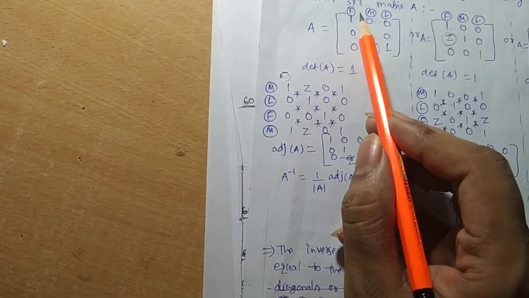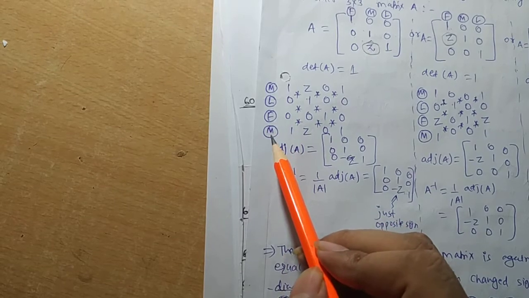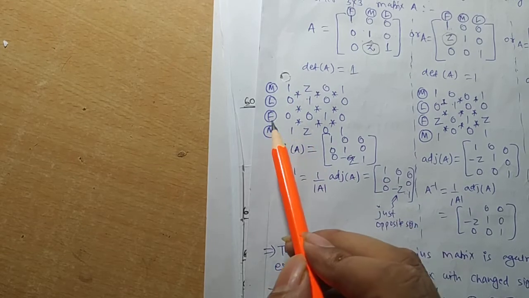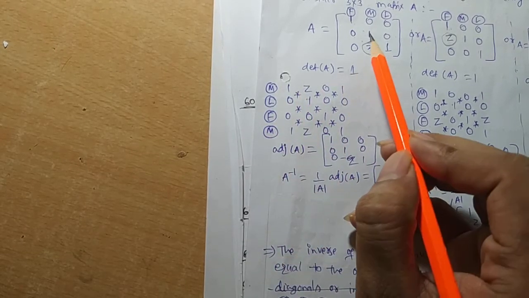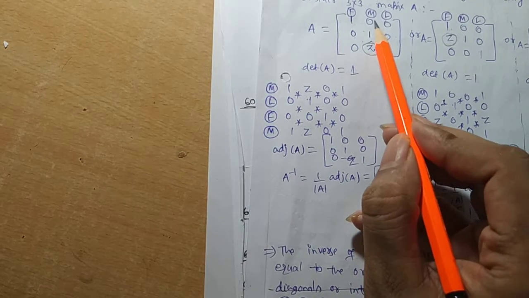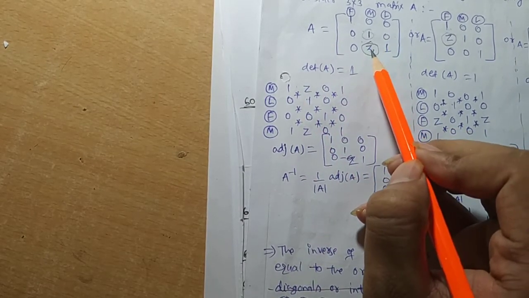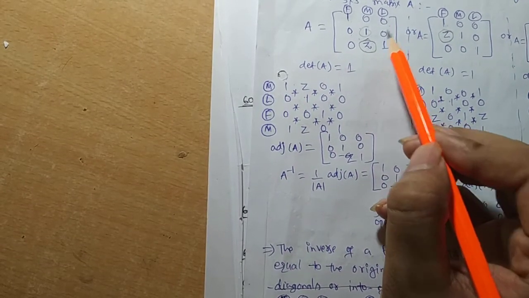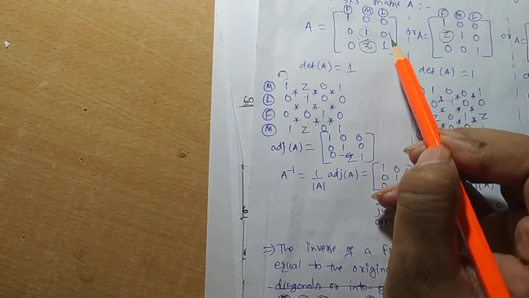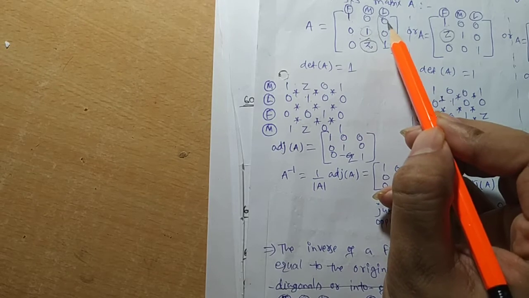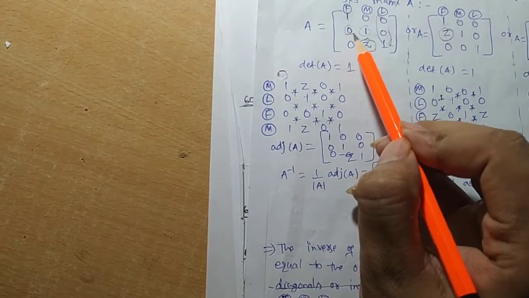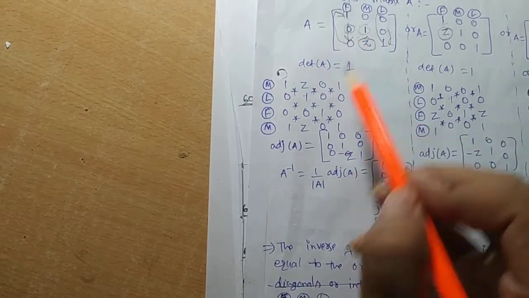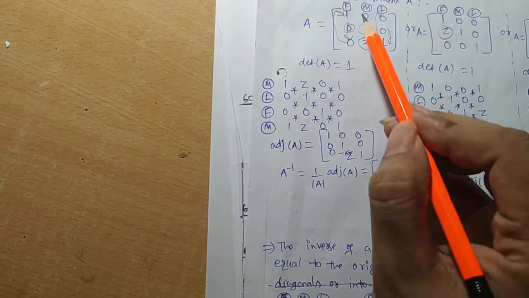Now the same thing here: middle, last, first, middle. Now begin with the middle. One in the middle row. This is the last row, this is the first row. In the middle row, take from the middle: 1, z, and 0, 1. This is the middle, again z, then 0, 1 in the middle row. Last row, begin with the middle: 0 1 0 0, 0 1 0 0. Come here, then go back and come to the beginning. Similarly, first row, begin from here, come here: 0 0, again go back: 1 0, and the middle row is 1 z 0 1.